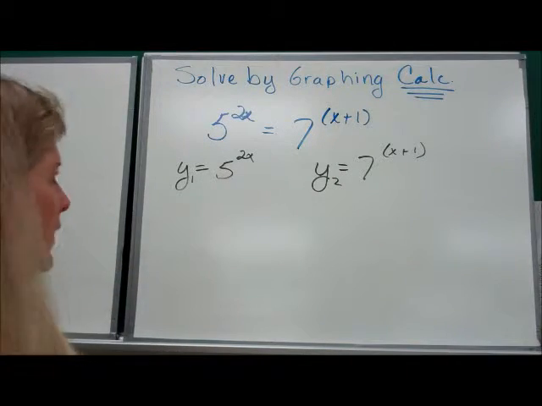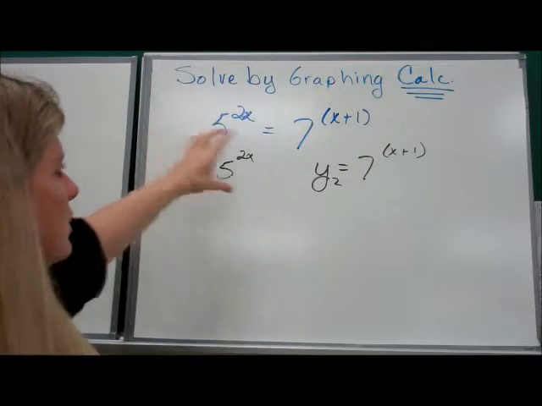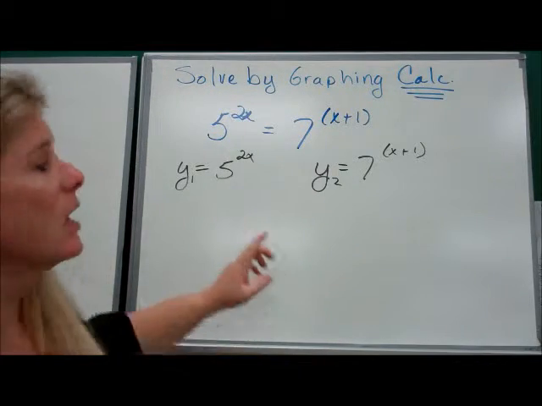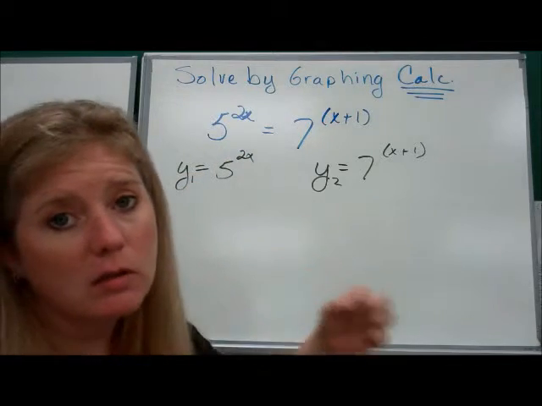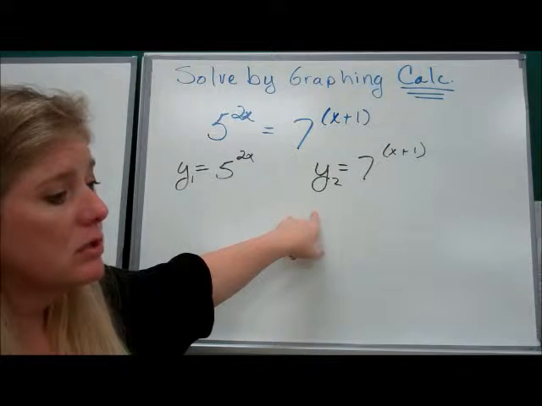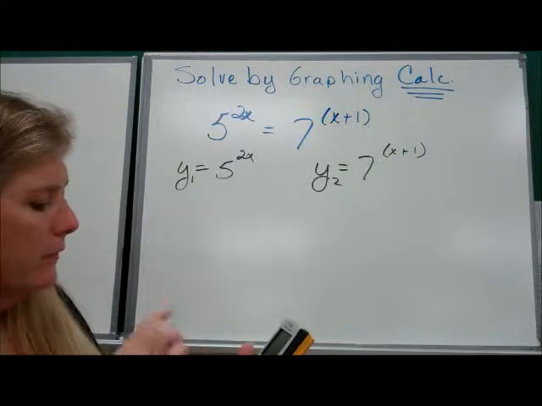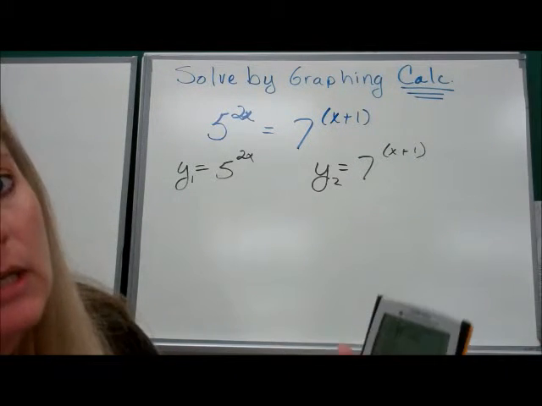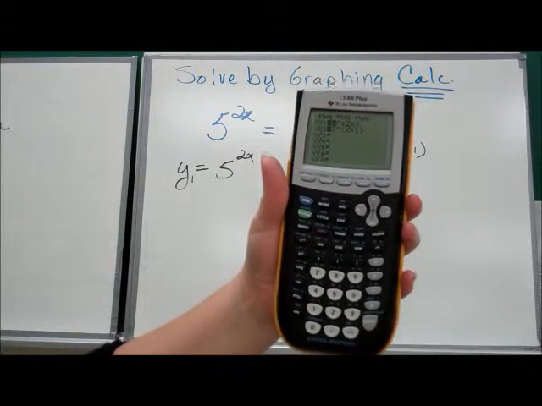Solving by using the graphing calculator. Okay? What we're going to do is we're going to graph these two separate equations in y1 and y2 in our graphing calculators. Then we're going to zoom in or zoom out or whatever we need to do to find the point of intersection between these two graphs. Once you find the point of intersection, then you're going to use the calculator to go through the whole process of finding that exact point. So what I have done is I have entered the two equations into y1 and y2,